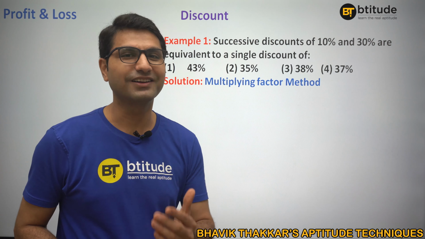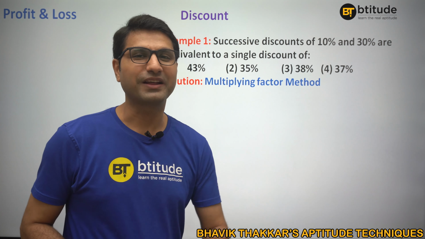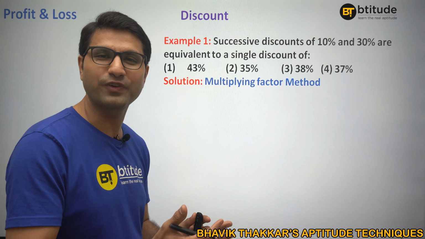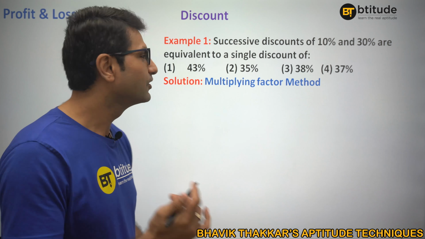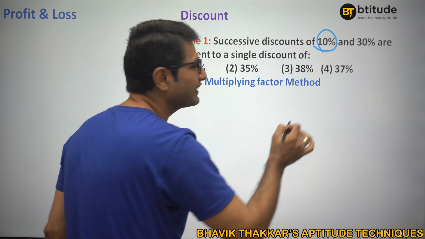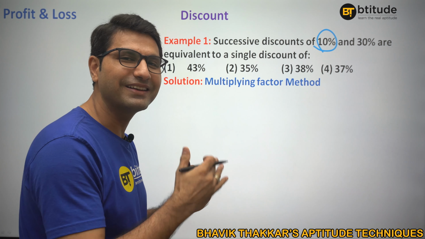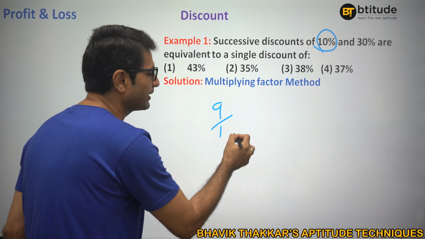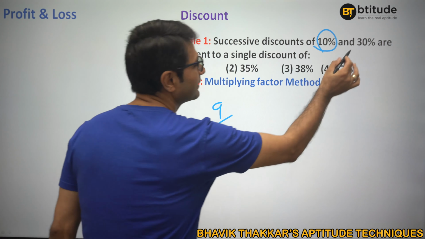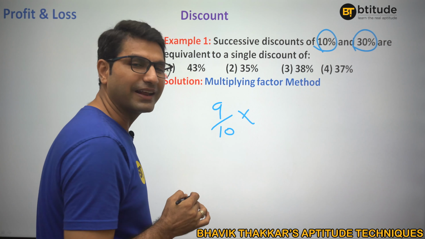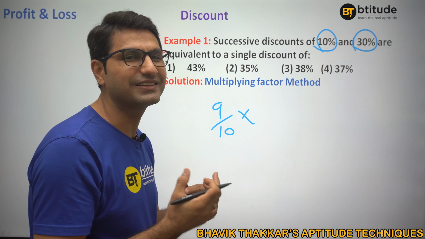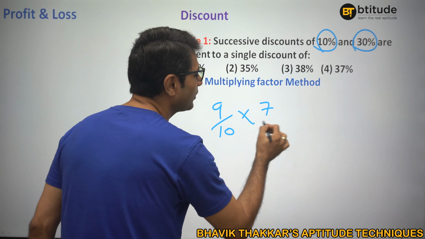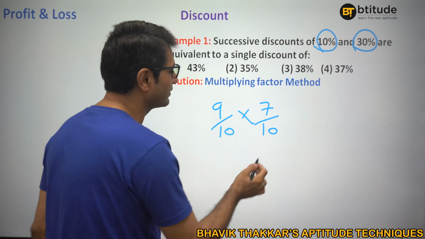Now let us understand another one, multiplying factor method. Now what does that mean? We'll always have to convert the percentage into fraction and try to understand from there on. So here 1 by 10 is the discount. When 1 by 10, the value is reduced by 1 by 10, that means the value remaining is 9 by 10. We can understand that. And then 30% is nothing but 3 by 10. When value is decreased by 3 by 10, that means remaining value is 7 by 10. Once you understand this normal multiplying factor method, it's very easy.